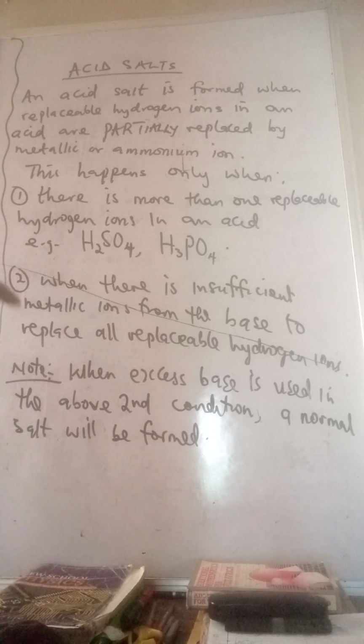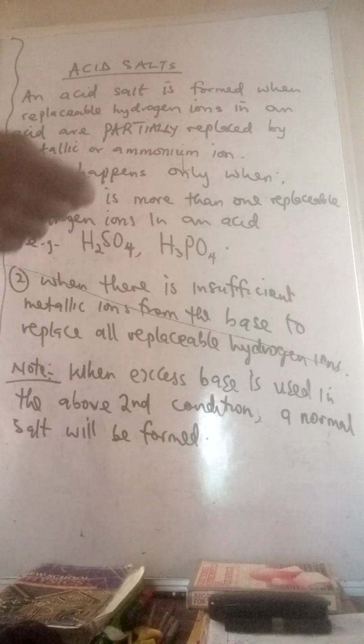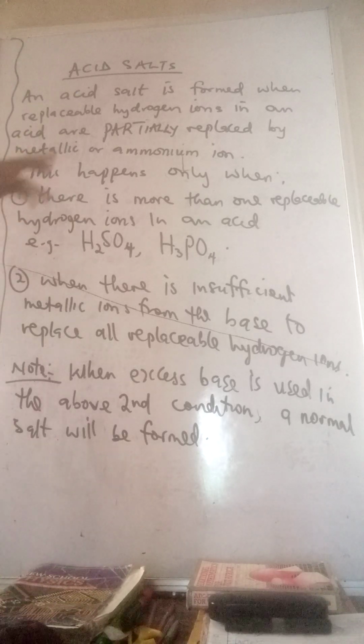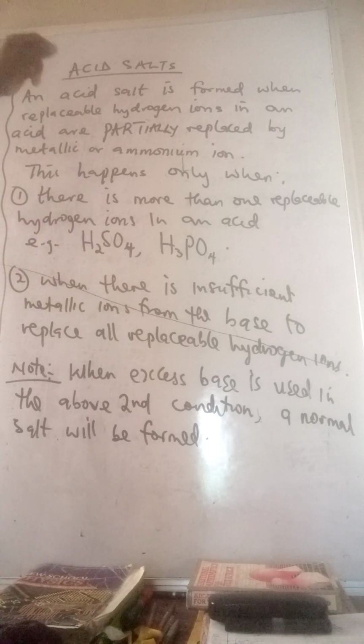When do we have an acid salt formed? 1. Any acid salt will be formed only when we have an acid that contains more than one replaceable hydrogen ion. Remember, I taught you basicity in one of the videos I've done before. So that is to tell you that we are using basicity here. If the basicity of an acid is 1, then such an acid cannot form an acid salt. But when the basicity of an acid is 2 or more, then it will form an acid salt, provided this second condition is there,